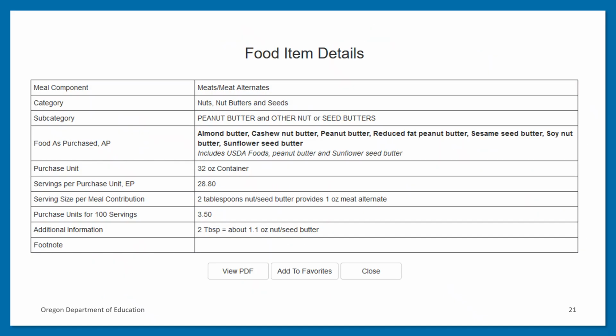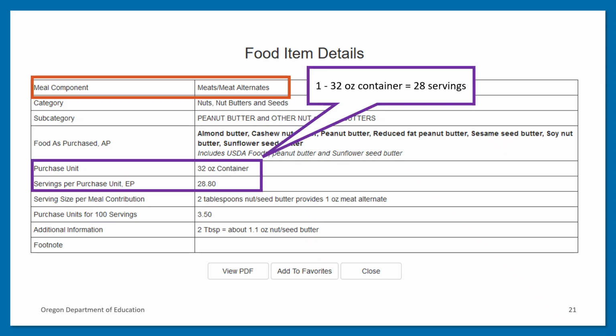And it will take you to the food item details. The food item details provide a lot of information on how the food item credits for the meal pattern. At the very top, it tells you what meal component the food item will credit towards. In this case, peanut butter will credit for the meat alternate component. Next, if you go down to the purchase unit, you will see that 32-ounce container is the purchase unit, and